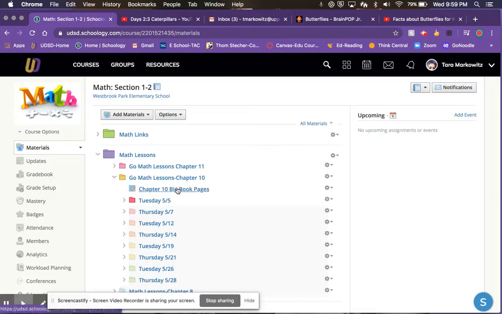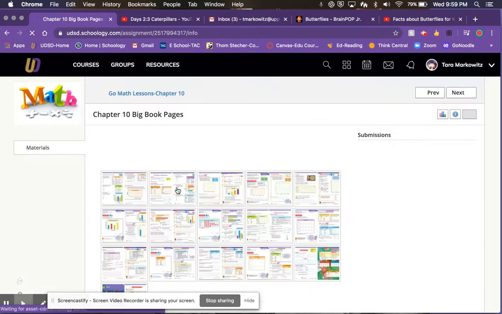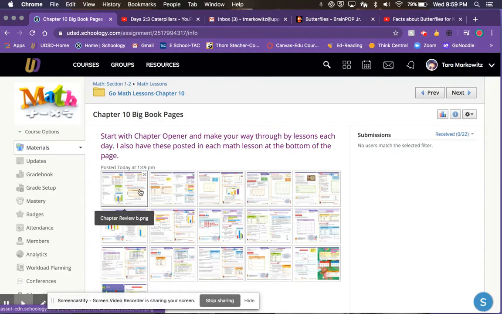If you don't have your big book with you, if you click on here, I took screenshots of it so you can see it. It is still on the link, but this might be a little bit easier for you to view it. Okay? If you click on it,